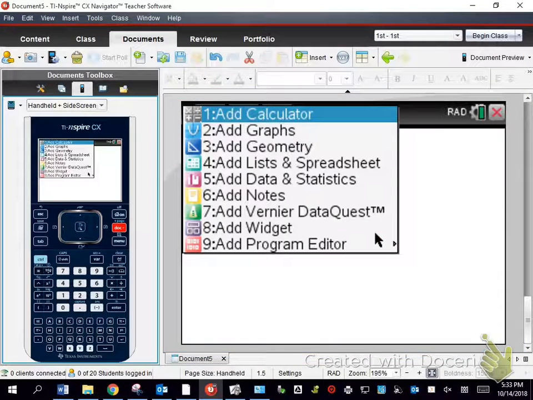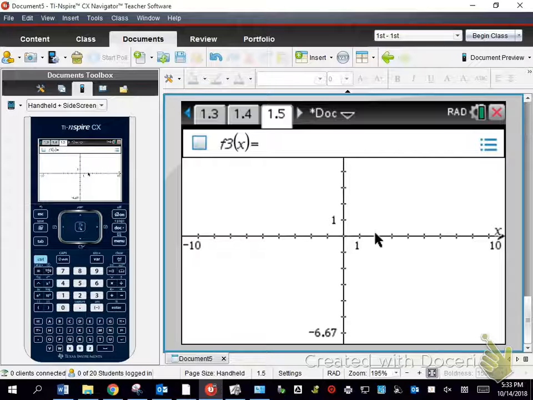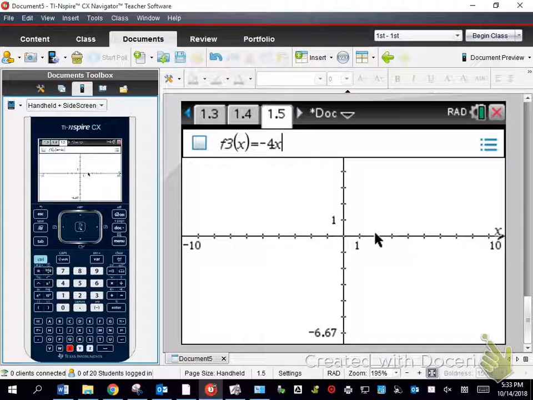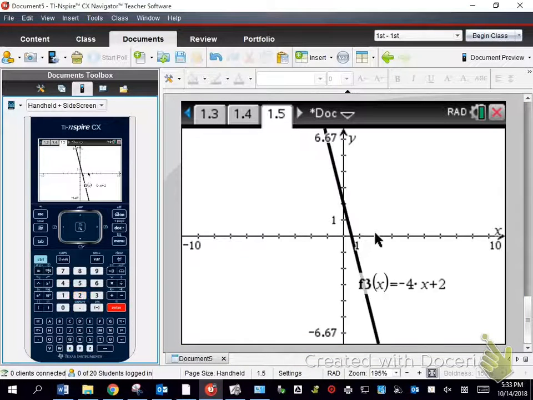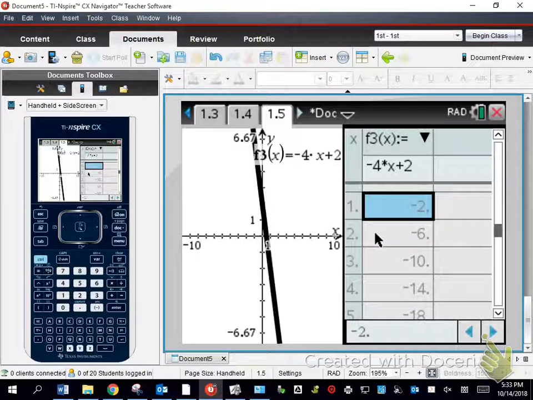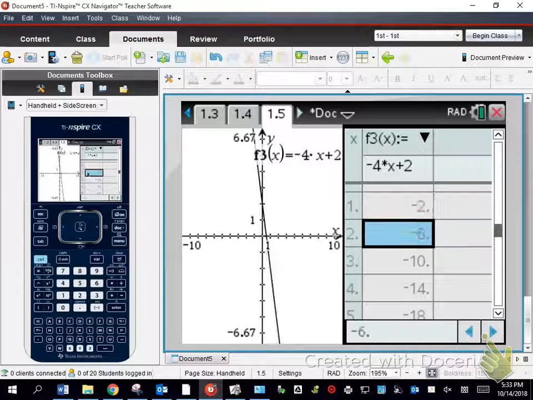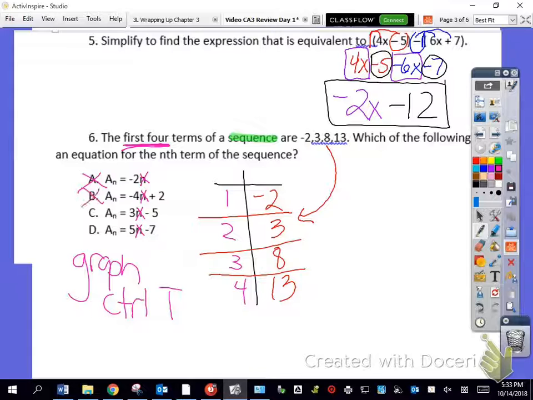Control Doc, 2, and then you have negative 4x plus 2. Enter, hit your table, Control T. And again, I have negative 2, negative 6. That does not match. So C,